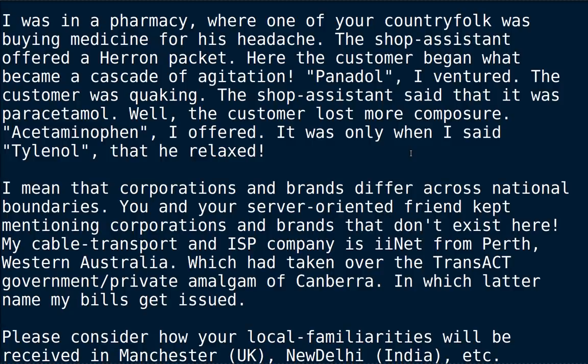And it's the same deal with our friend over here who was in Australia looking for headache medicine. Did he really expect to walk into a store on the other side of the planet and have everything be the way that he's used to? And is it the fault of the person in the store or the fella at the counter trying to help him? No, it's absolutely not. But yet, if you go through the forums, you're going to find people who load up Linux that have run Windows for years and they go, oh, this sucks. It's not. No, it's not. It's just different, folks. That's all there is to it.